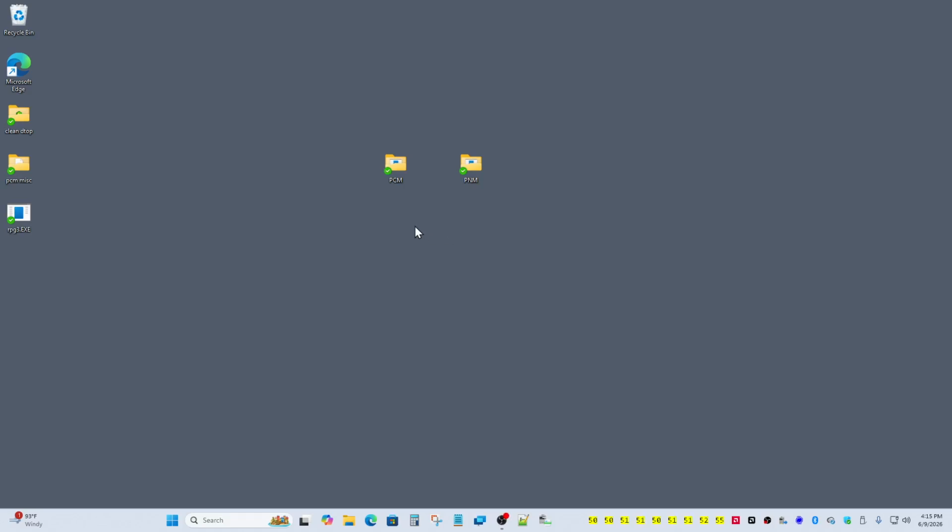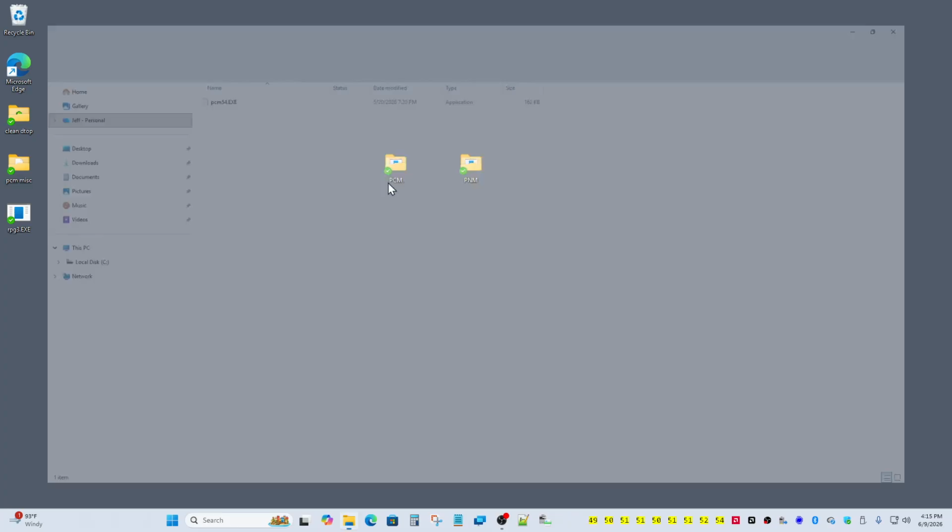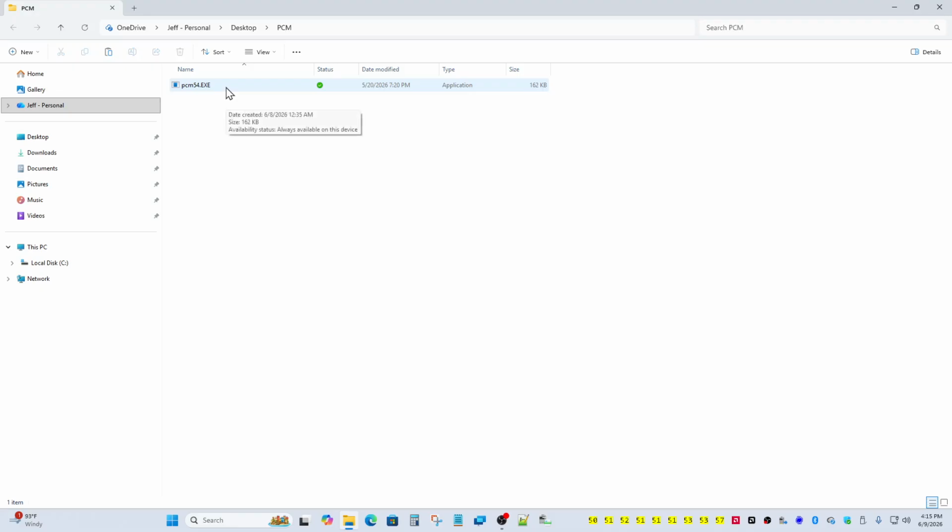Okay, today we're going to talk about PCM, which stands for Personal Checkbook Manager. The way I usually run this is I create a folder on my desktop called PCM, and within that folder I put the one and only program that is the Personal Checkbook Manager program, which is currently 5.4. There's no fancy install. This is the one and only program that you need to worry about copying to your system. It just runs under Windows 10 and 11, and it will make one DAT file here in a moment,